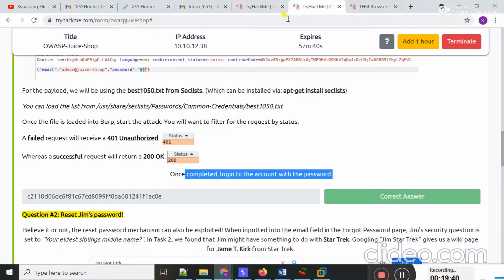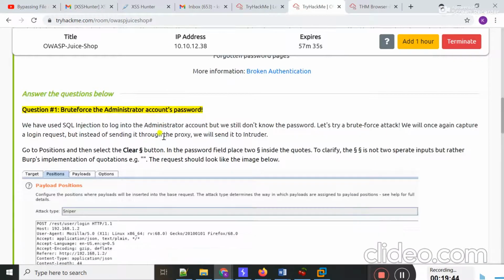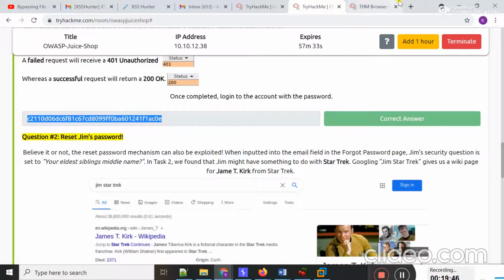You can copy it from here and paste it to the answer section. This is the flag for the admin account after login.